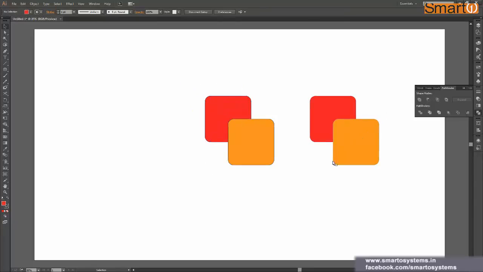Also, while using Pathfinder, we have our outlines removed. So here there is an advantage if you have some specific outlines, let's say dotted lines, or you have maintained your own width profile. That will be saved over here, but it could not be saved in the trim option if you do it from Pathfinder. Okay, and I think what else should we cover?